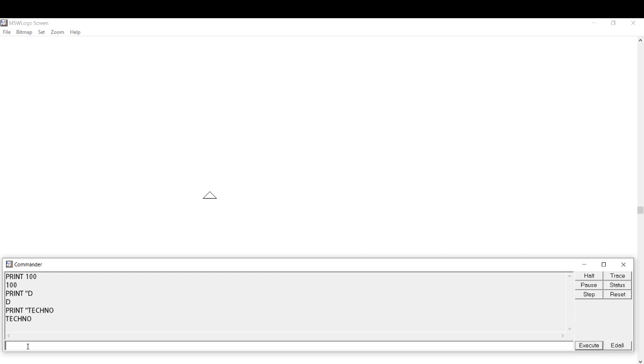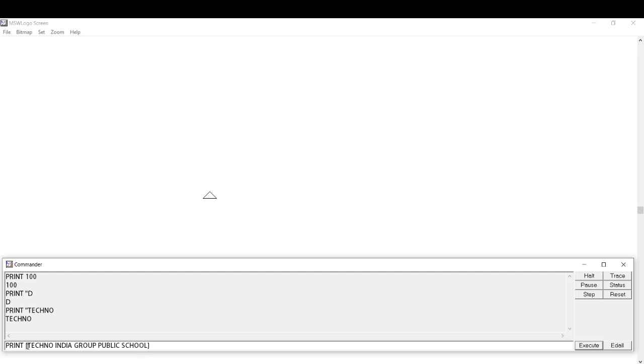Okay, now printing a sentence. If you want to print a sentence, then you need to put the sentence inside square brackets. So let me type print, open square bracket, and let me type Techno India Group Public School.